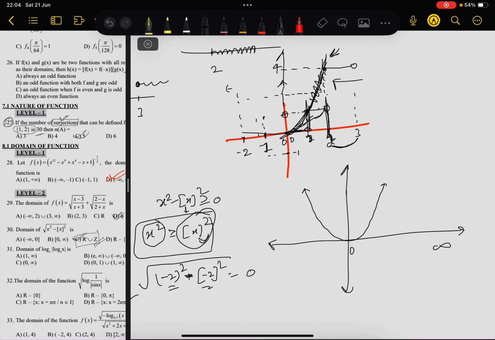So this is 1, right? And square of 2 is 4. So you will get like this. So the graph will be like this. This is the graph,